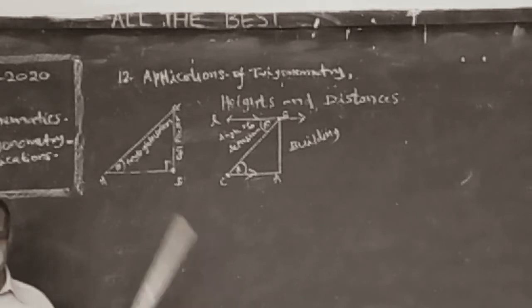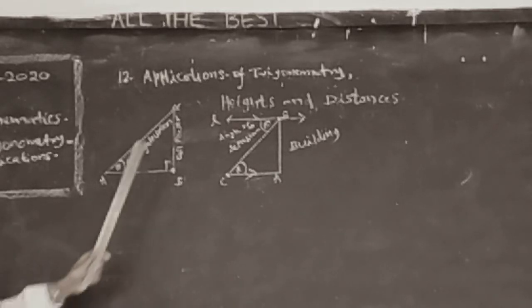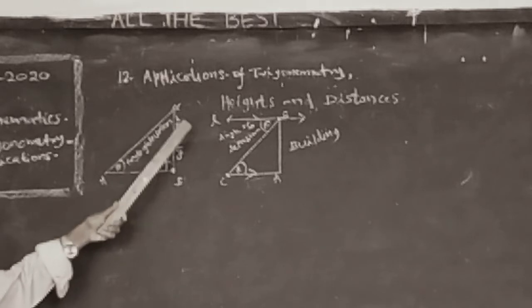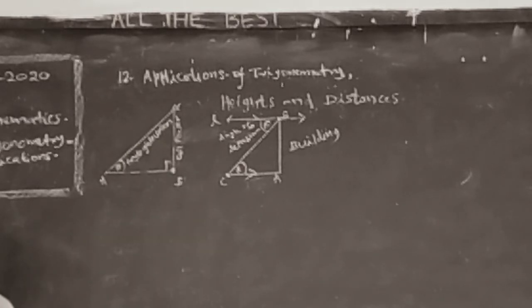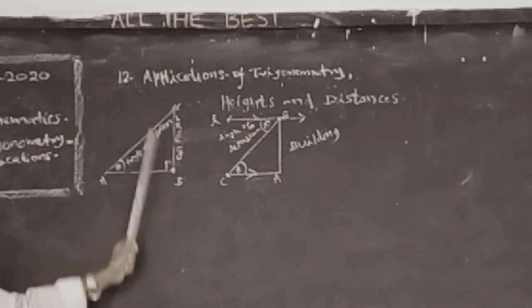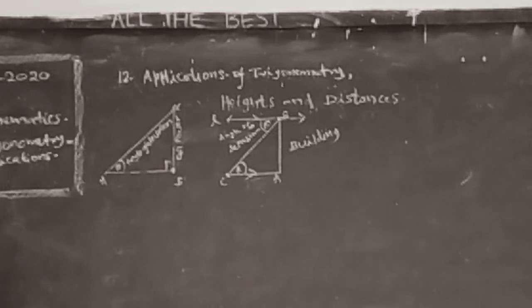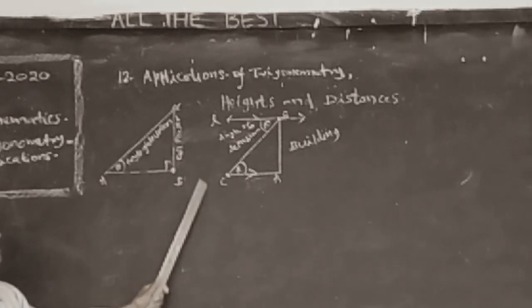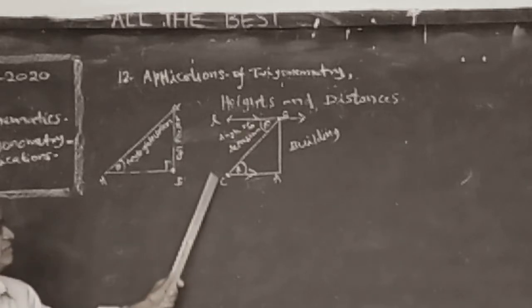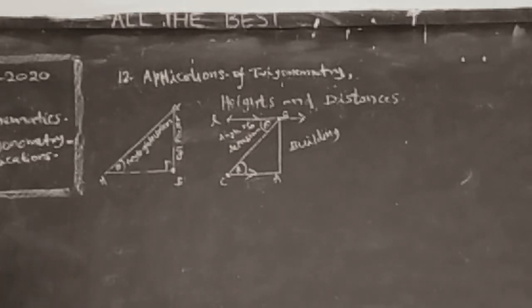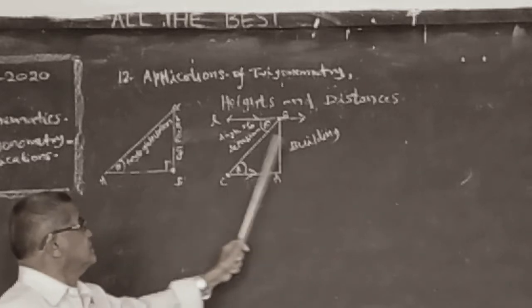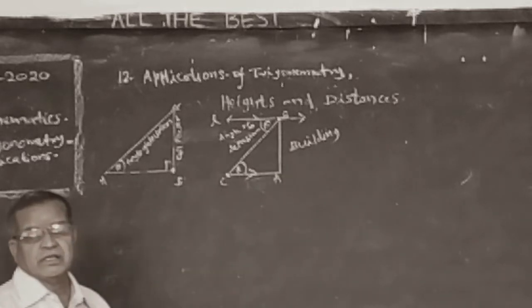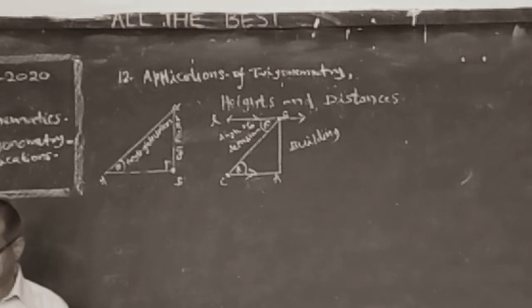These two types are given in the applications of trigonometry, and we are going to find heights and distances. Height of the cell tower, height of the building, height of the tower. And your distance AB, CA, find AC, finding distance, they are called distance. Height means opposite side, and the distances are adjacent side and hypotenuse. Let us do these problems from the 12th chapter exercise.